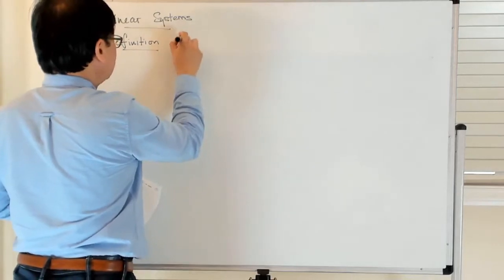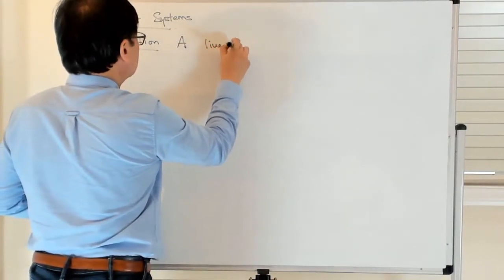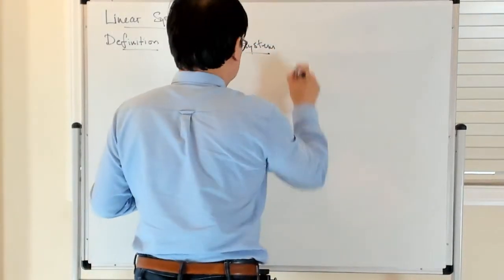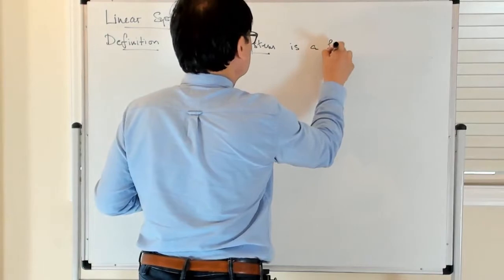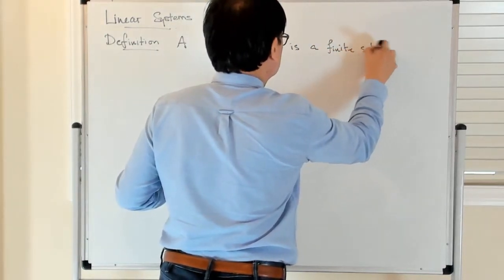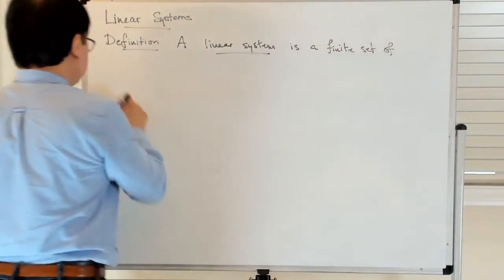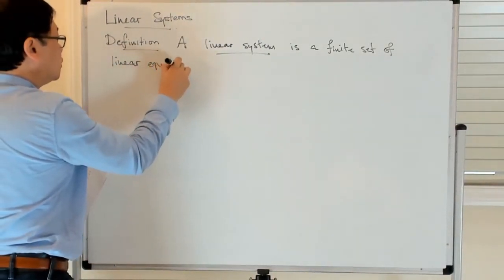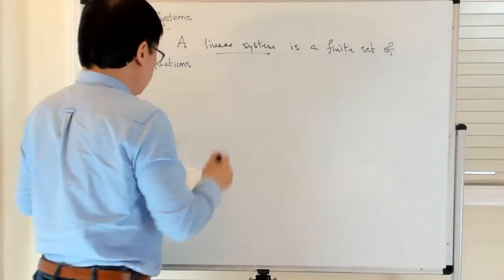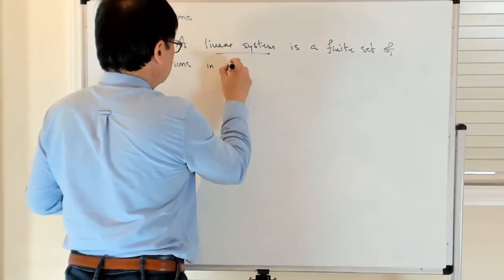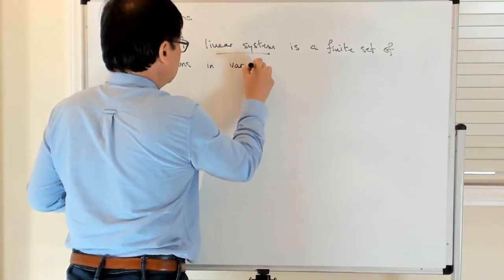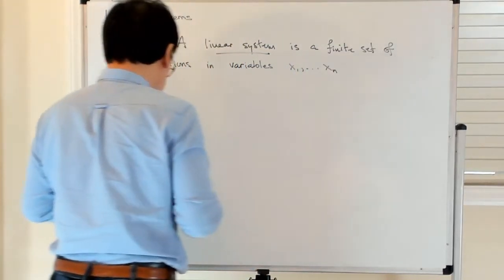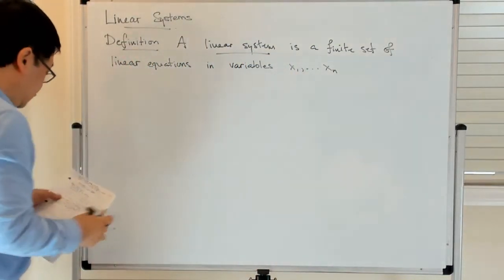A linear system is a finite set of linear equations in a set of variables, which I'm going to denote x sub 1 all the way up to x sub n. And those equations have this general form,